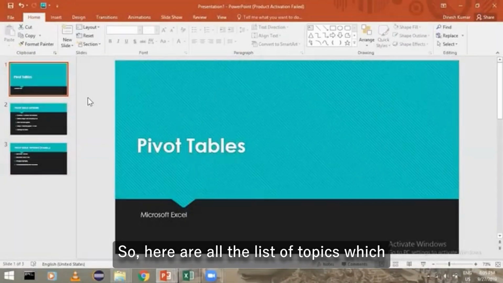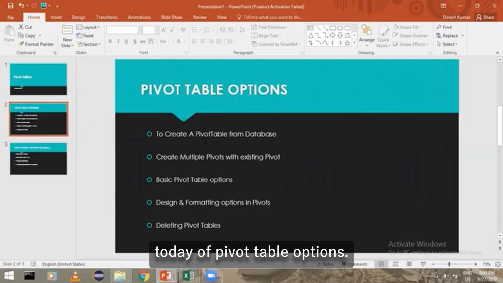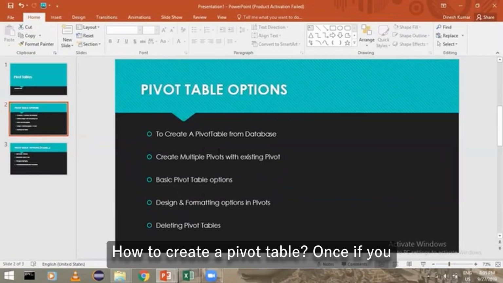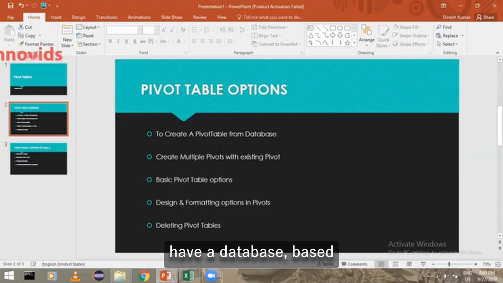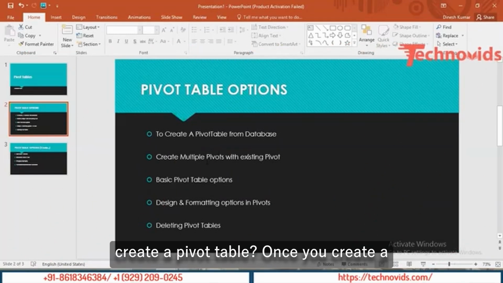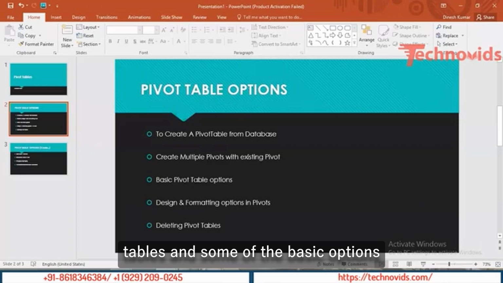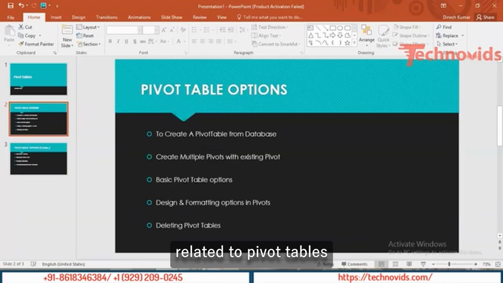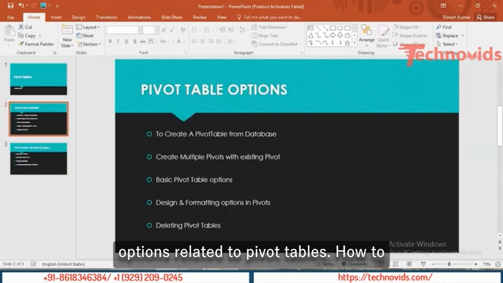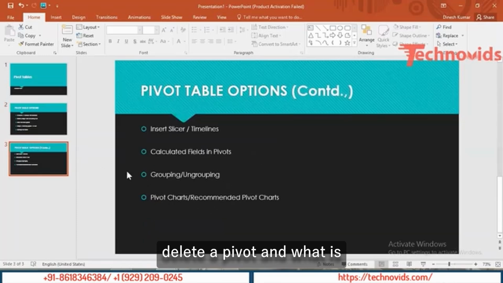Right, so here is the list of topics which we are going to see today. Pivot table options, how to create a pivot table once you have a database. Based on that database, how to create a pivot table. Once you create a pivot table, how to create multiple pivot tables from it, and some of the basic options related to pivot tables, design and formatting options, how to delete a pivot, and